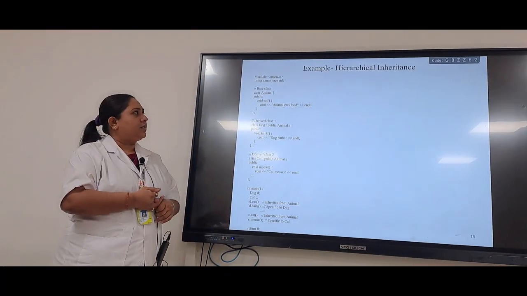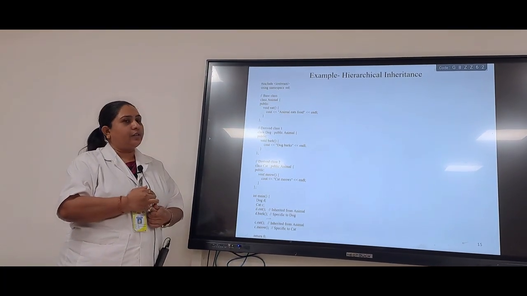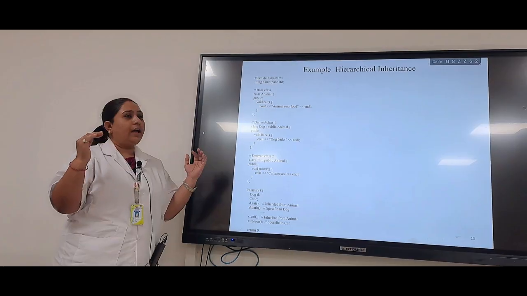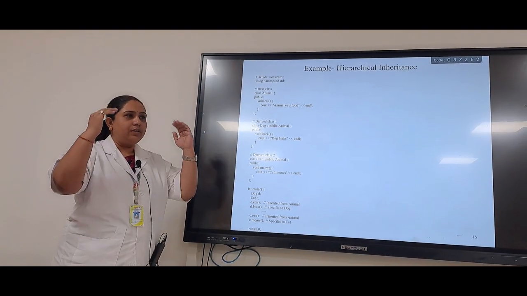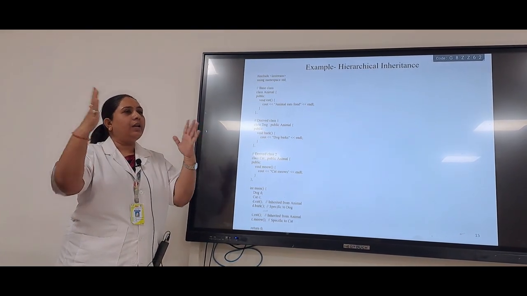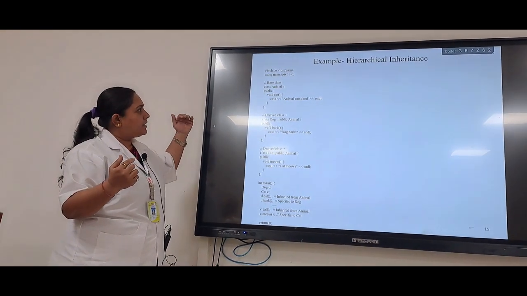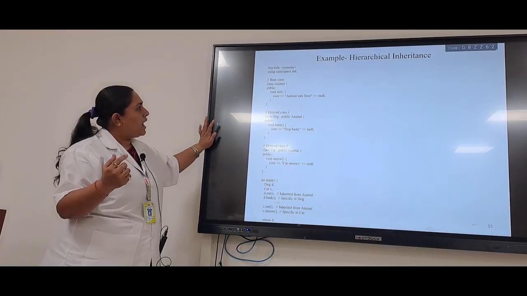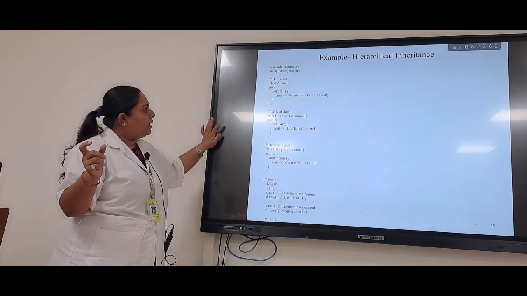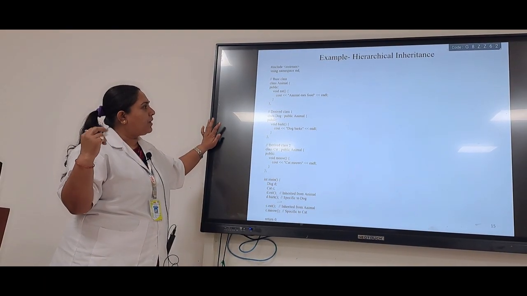Hierarchical inheritance. Hierarchy means again here we will have levels, but not in that way. It may be in a haphazard manner. Let us take an example. Here I have a base class animal, in which again I am defining eat.